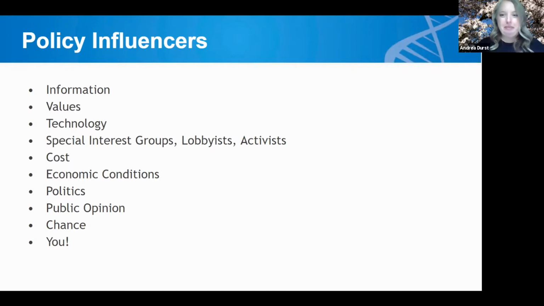And, while I think maybe we wouldn't like to think that this is the case, chance can actually play a really large role in what policies get championed or implemented. So for example, the timing and political climate might be right for a certain policy to be advocated for, or certain people may be ready to take up or join the championing, we're really having trouble with that word today, of a certain policy. So chance can really play a large role.